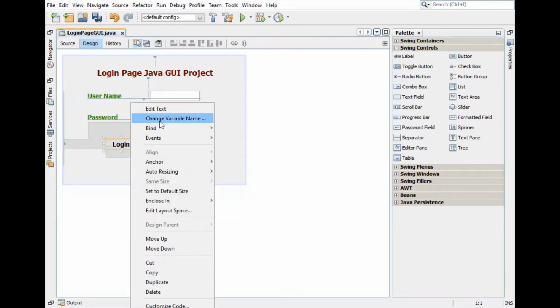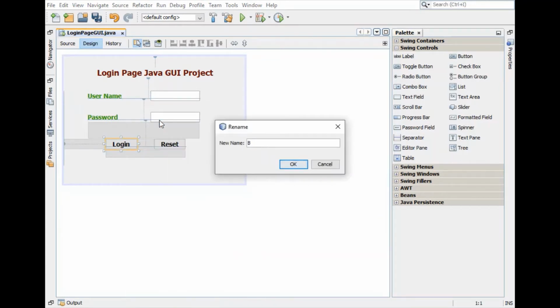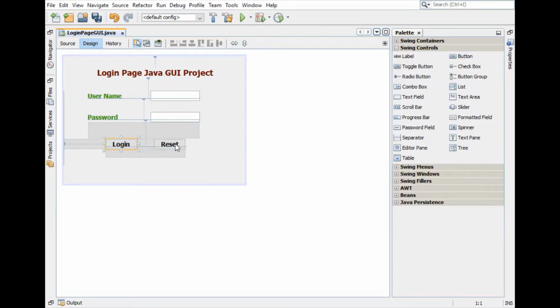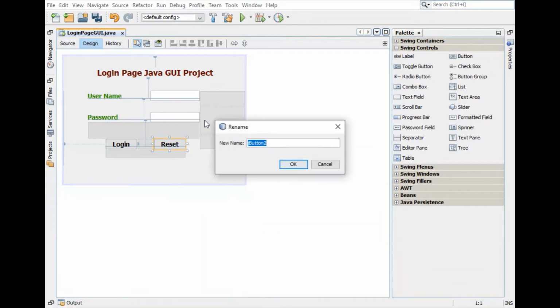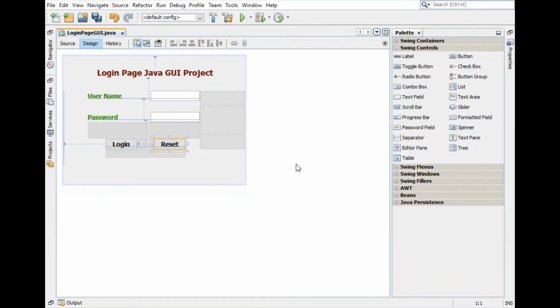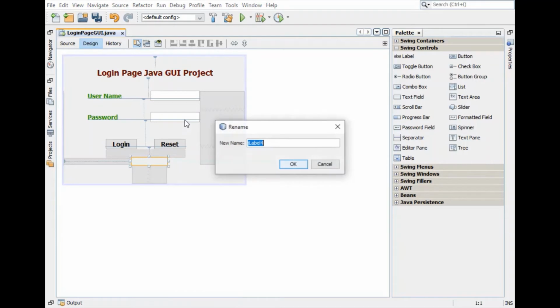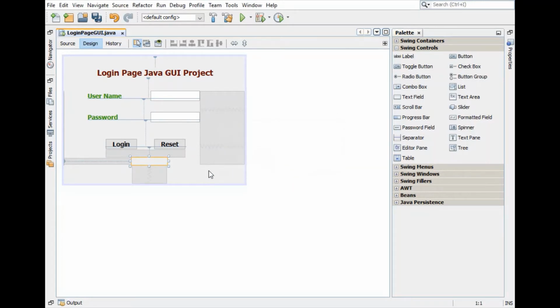Login button with B login. And the reset button with B reset. So these are the variable names we are changing, and this label is our final result label, so label result. Now all is set. Let's write the code.